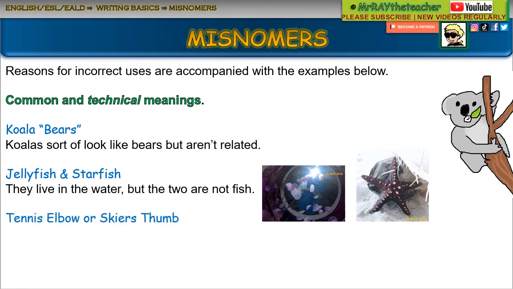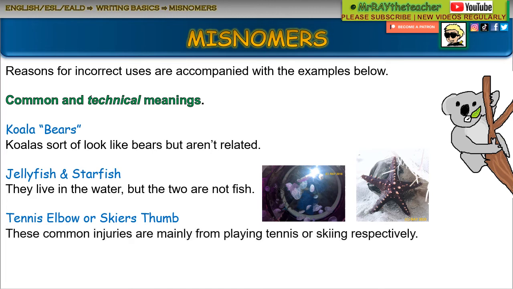Then you got tennis elbow or skier's thumb. Painful stuff when I tried to catch a bomb. Not a real bomb, like a footy bomb, so a football. I jarred my fingers. It's like stubbing your big toe, but with your thumb version. Basically, these are common injuries that are mainly from playing tennis or skiing respectively. I had to do rehabilitation and train my muscle so that I could bend my thumb back. You footy players get it all the time.